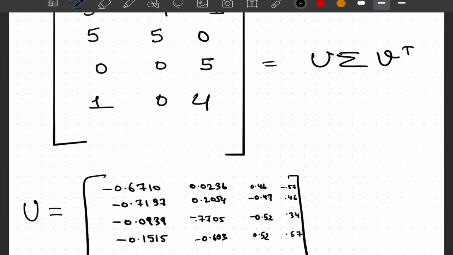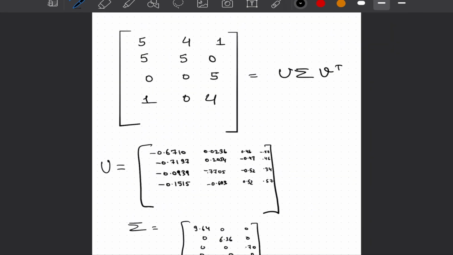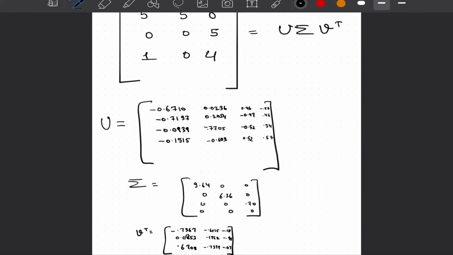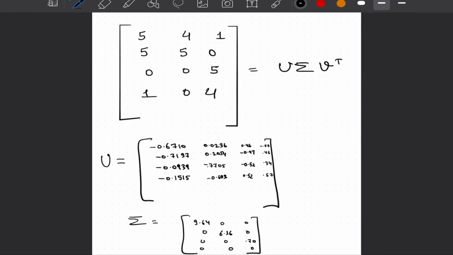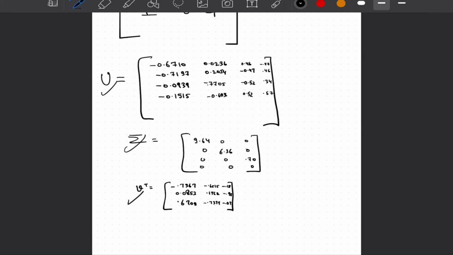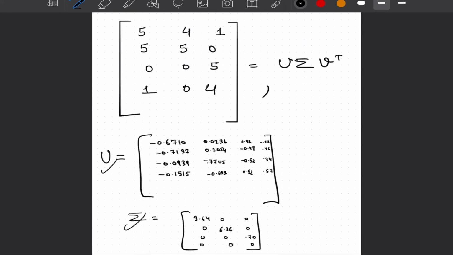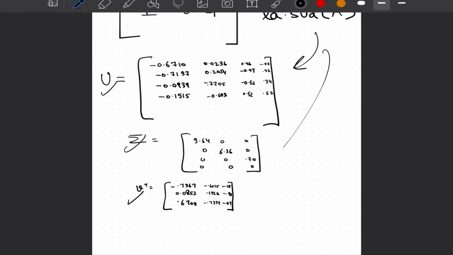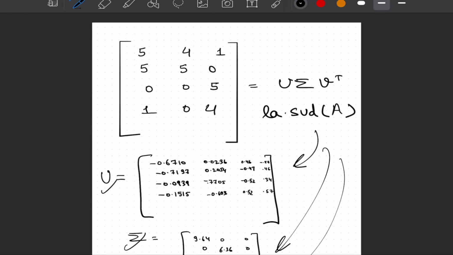Now let us try to look at this with the help of an example. This is the similar movie matrix that we discussed in our last video, but simplified. Now we calculate its M cross N decomposition, or SVD decomposition. So U comes out to be this, sigma comes out to be this, and V transpose comes out to be this. Again, you can easily do this using the LA library in Python, where LA.svd of A gives us the components U, sigma, and V transpose.